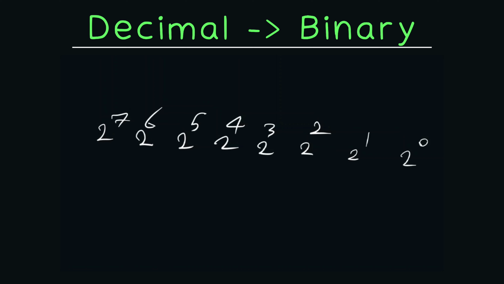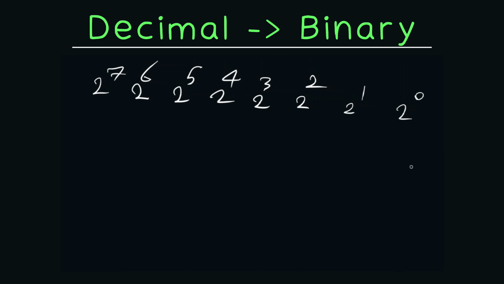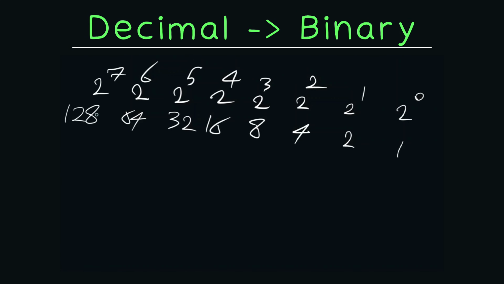So what is 2 to the power of 0? 2 to the power of 0 is just 1, to the power of 1, 2, 4, 8, 16, 32, 64, and 128. You can increase the power, but let's just stop here and try to convert a simpler number, such as